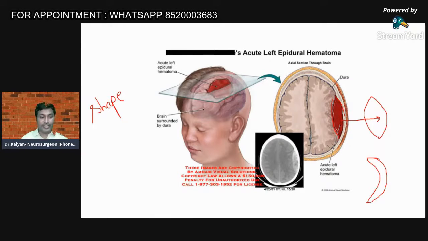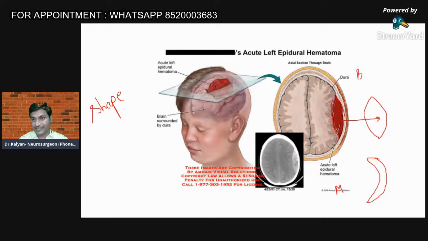Okay, I will give a hint. We say it as biconvex, concavo-convex. So is extradural hematoma biconcavo-convex or biconvex? Dr. Fatima, Dr. Sahu, Dr. Harsh, I'm waiting for you. Moon shape is again concavo-convex. Dr. Karthik has told moon shape. This is not moon shaped. Dr. Sujan told biconvex. That is the answer.